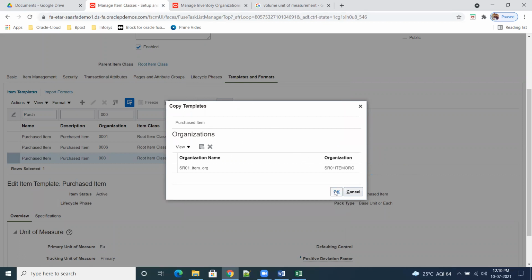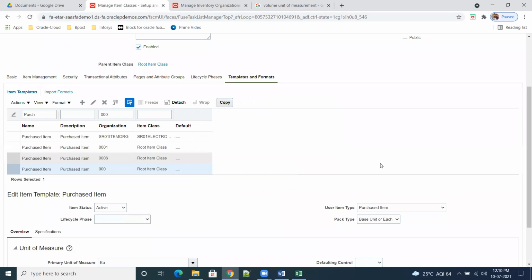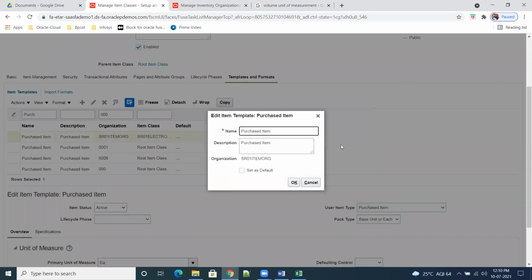Click on OK. System will allow you to change your template name also. So see, now it has come, right? Now I want to edit this one. Edit it. I'll keep it as SR01 to differentiate my names from others, because all purchase will be confusing, right?